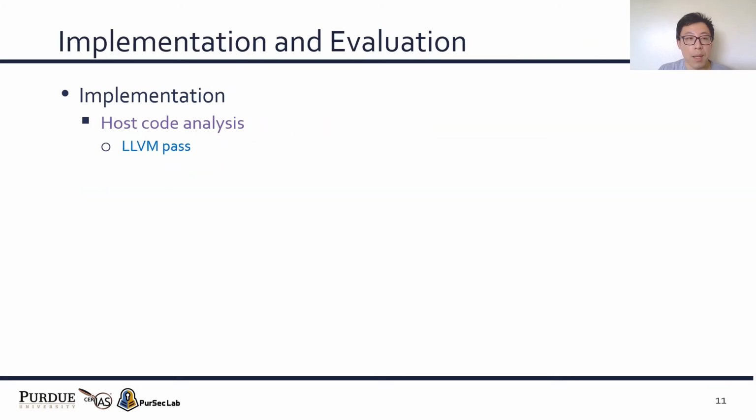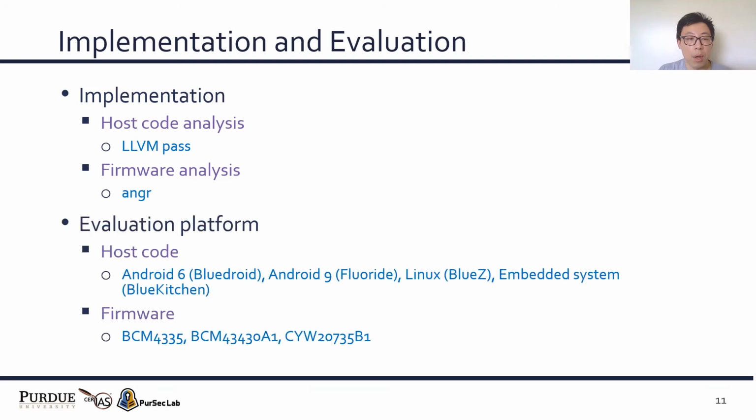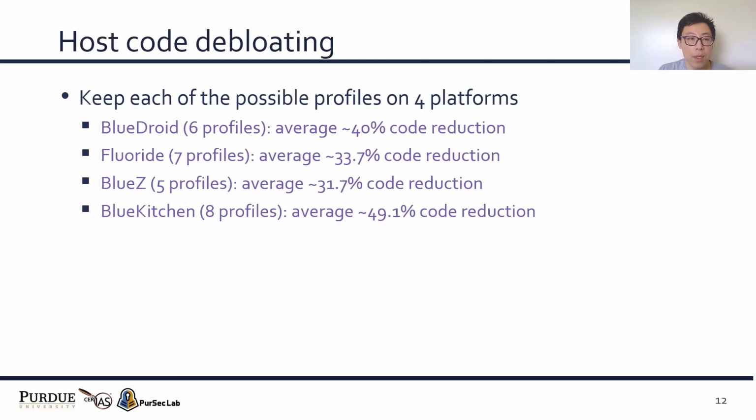We implement LIGHTBLUE based on LLVM and angr. And we evaluate LIGHTBLUE on 4 pieces of host code and 3 pieces of firmware. To evaluate the host code debloating, we first keep each of the possible profiles on 4 different platforms and debloat all others. LIGHTBLUE can achieve around 40% code reduction on BlueDroid, and